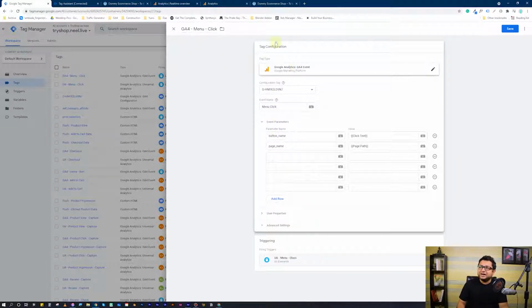This is a different kind of tag configuration that works with GA4 only. Okay, you will see that it says GA4 Google Analytics, GA4 event. So that's what it is. You don't have to be limited to those 4 sets of parameters that you can send. You can put in as much information over here, and the structuring itself of the data is much different, right? You can see that this is much more flexible to what you want to send.